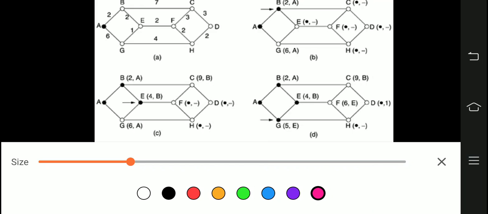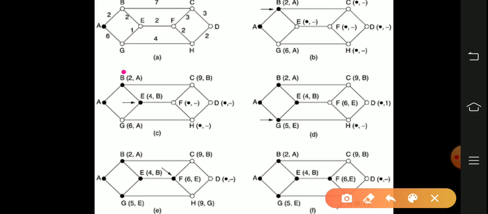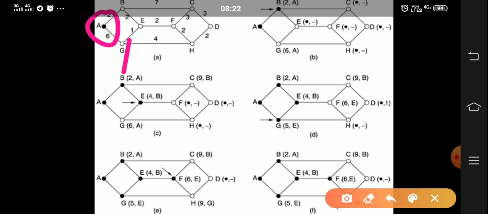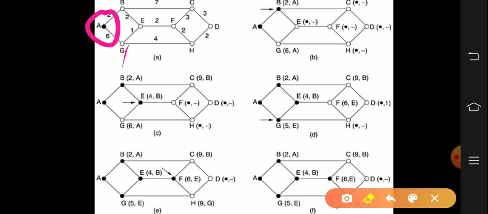So how are we going to find the path? See here, you can notice this. Here A is a router. Here you can notice A, B, C, D, E, F, G, H. These are the major things present in this shortest path. We are going to find out